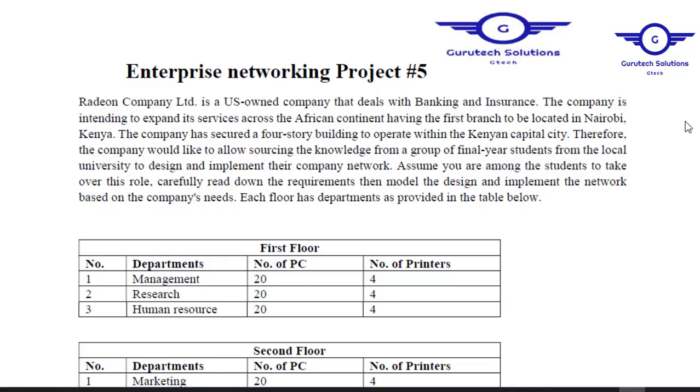So basically today we're going to handle the fifth enterprise networking project on our list, and in the previous projects we've managed to handle the first, second, third and the fourth enterprise networking projects on our list. And if you've not watched the classes, I will leave a link on the description part of the video or the first comment. Click the links and start from project 1, come to 2, 3, 4 and finally to the